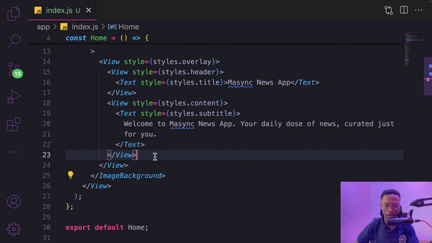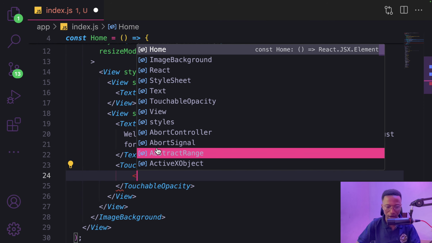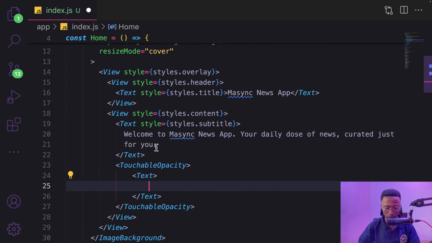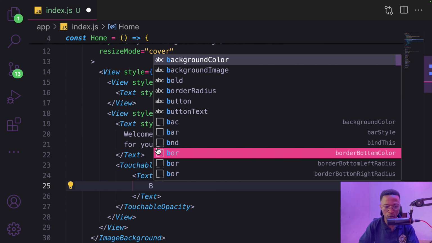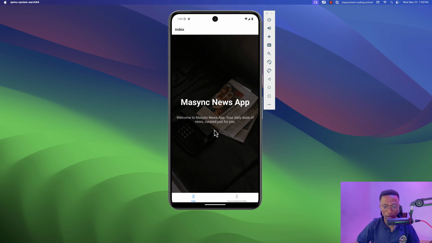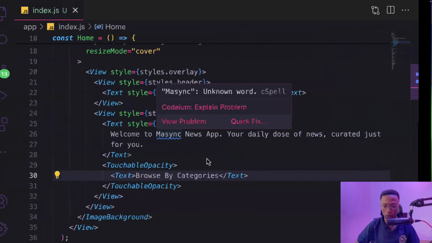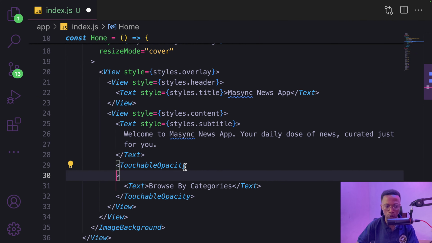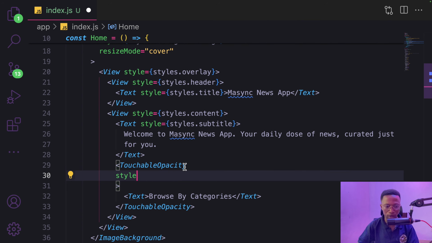So we're going to provide what is called touchable opacity, and then inside we're going to provide a text, and for the text I will say browse by categories. Alright, so let's see, and we have something like this. Don't worry, we're going to add some styling to the opacity style, and we're going to use style.button, and then